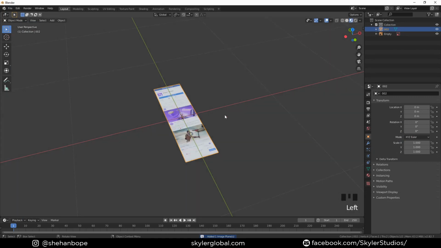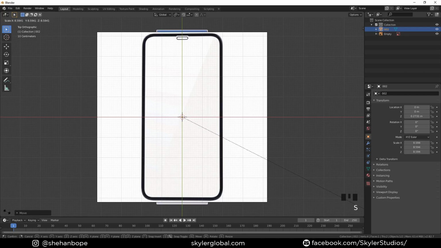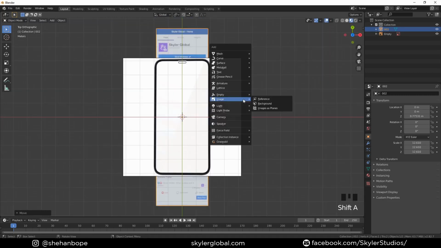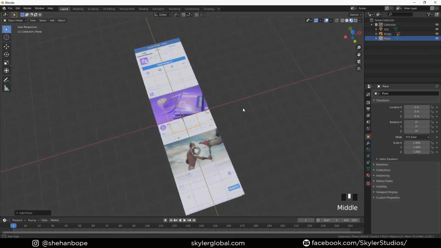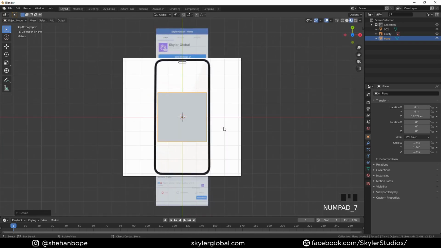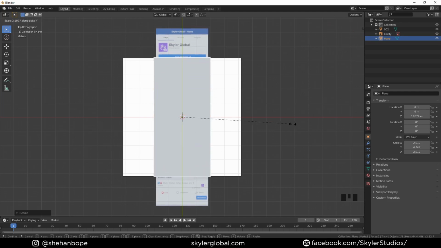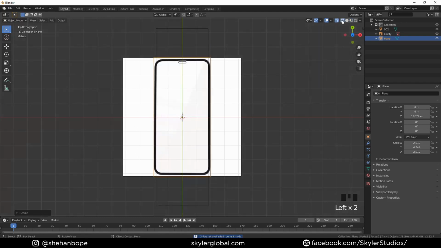Now I'm going to switch to textured view mode and go to top view with 7 and scale the plane to fit the iPhone. And now with Shift A I'm going to add a plane, select it, and move it on top of our image plane and scale it up so that it fits the iPhone as well. Scale it in the y-axis with S Y like that, and go to wireframe view, and with Shift A I'm gonna